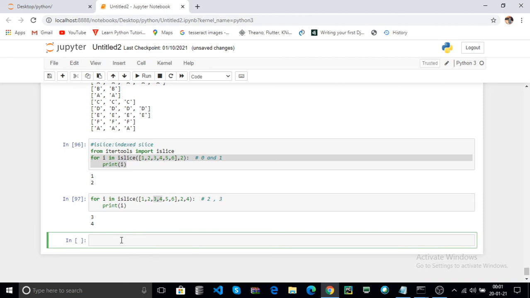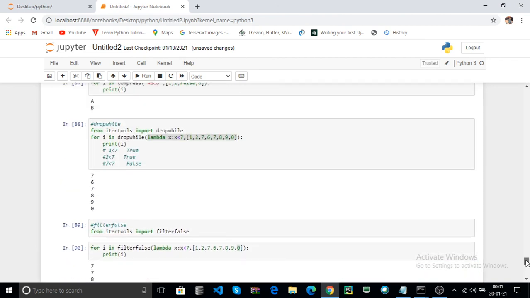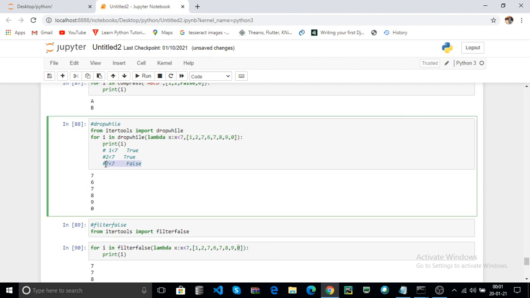Now write a code for dropwhile. Here how? The dropwhile returns the items when your condition is false.